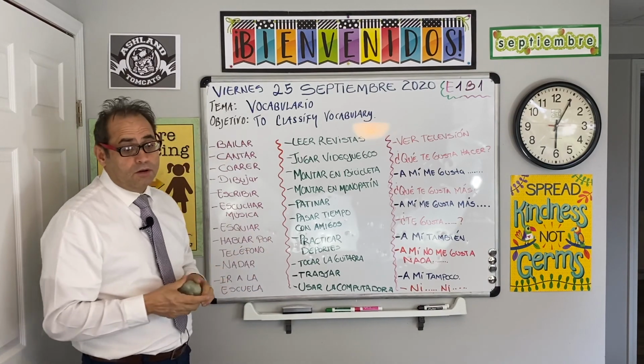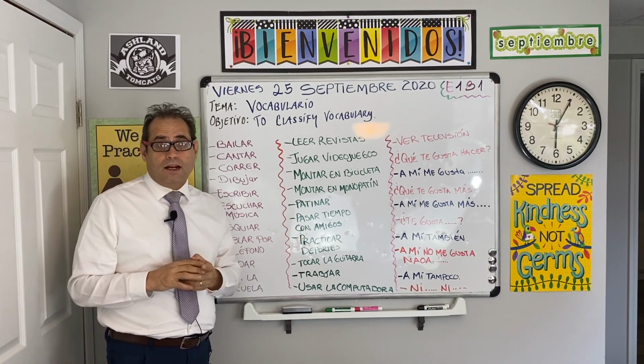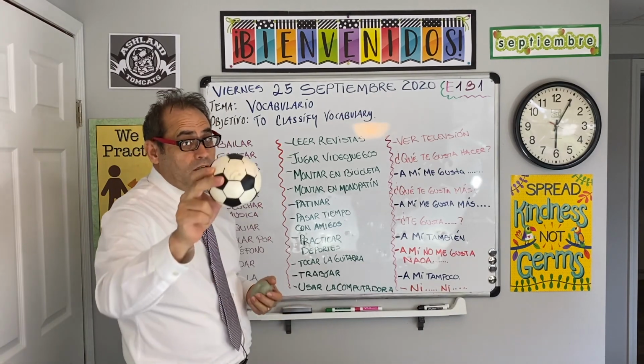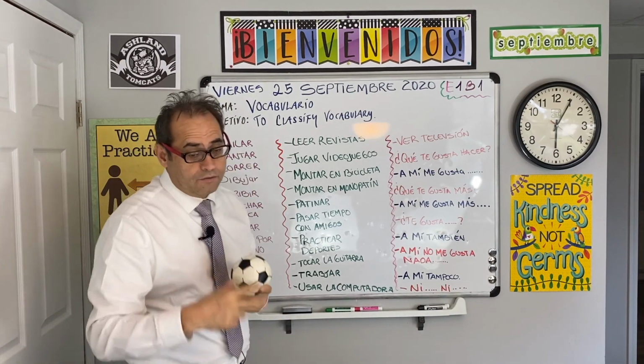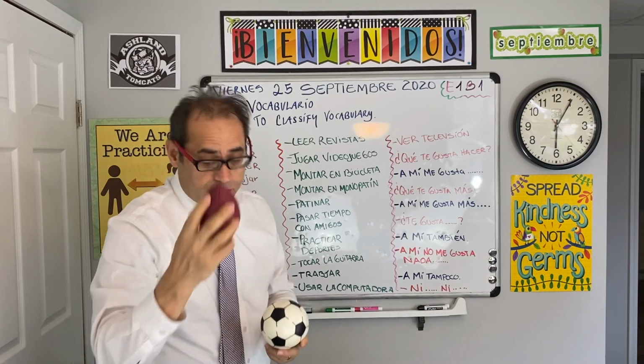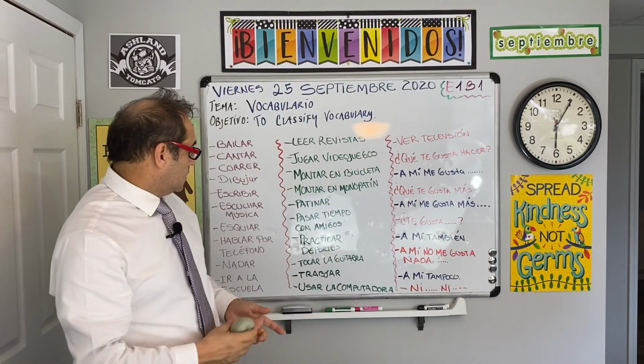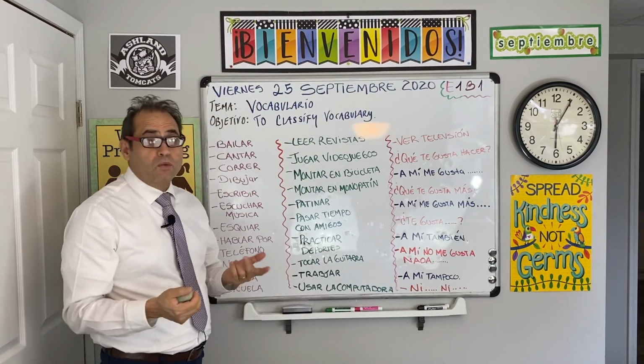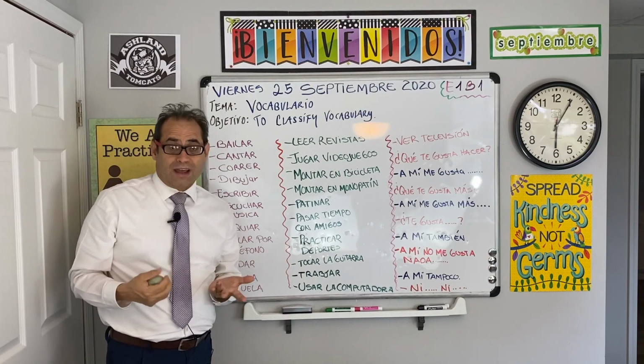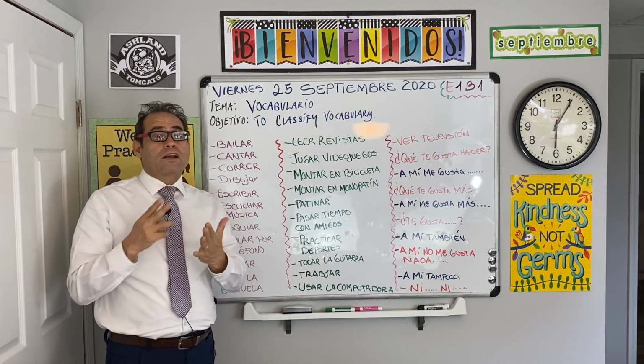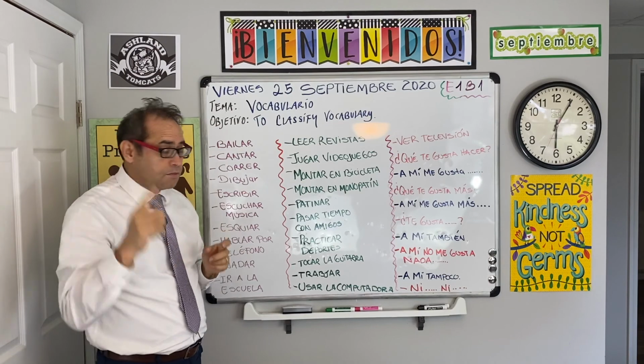Okay, practicar deportes. What sport do you practice? Do you practice soccer? What do you practice? Oh, American football? Maybe you practice American football too. So, I mean, that is some of the connections that we can make in order to learn the vocabulary. Important, make connections. Connections are really important.